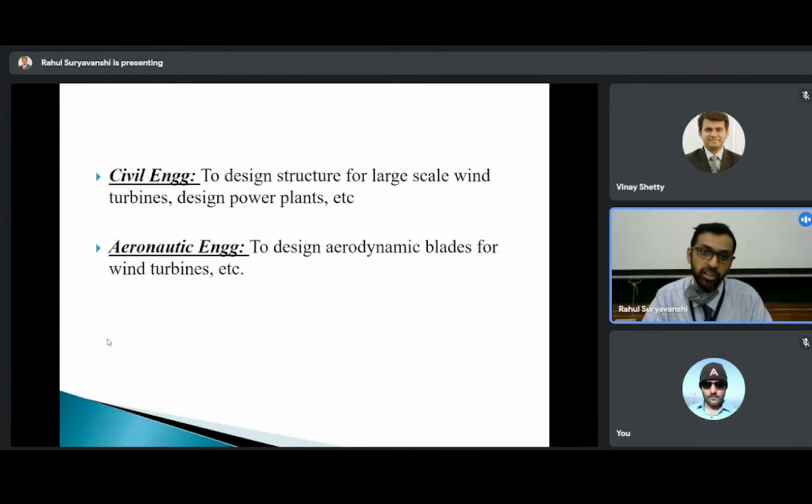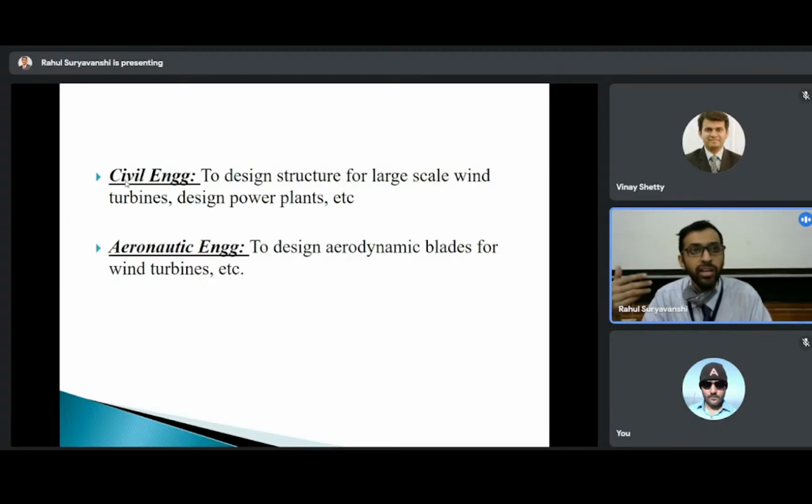Then comes the civil engineering. Now when we talk about civil engineering, how does it play a very vital role in renewable? Let me take an example of a wind turbine. When you are designing a wind turbine, these are massive structures. The wind blades are of size around 50, 60 meters, 100 meters also are there. And the turbine's height is more than 100 meters, 150 meters also. So if you want to design such massive structures, you should have a proper foundation, a proper good civil engineer, design, planning, everything is required. So that is the point where civil engineers come into the picture.